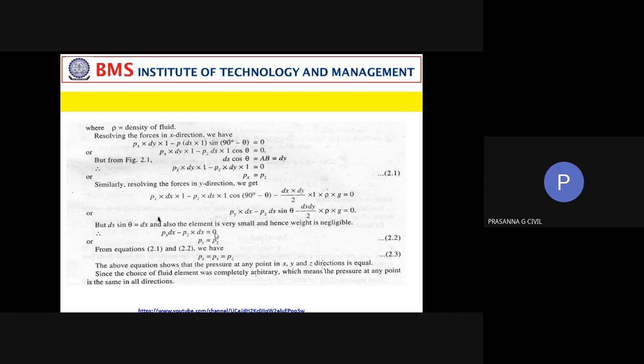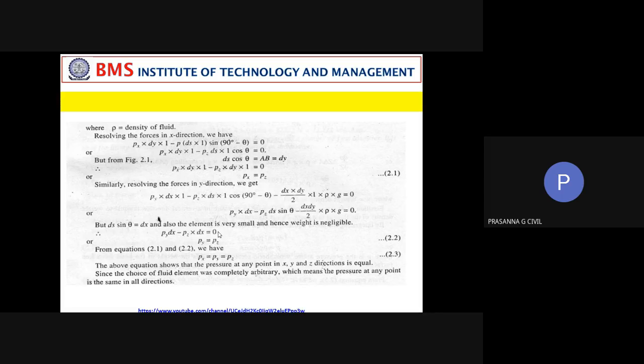Today itself, I want you to go back. All of you have the Xerox of the textbook. Go through this derivation. Almost every alternate question paper, they will ask to derive: define Pascal's law and derive the expression to prove Pascal's law. So pressure intensity in all directions in a fluid is the same or is equal.